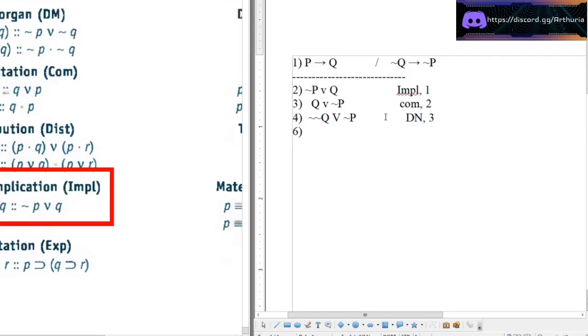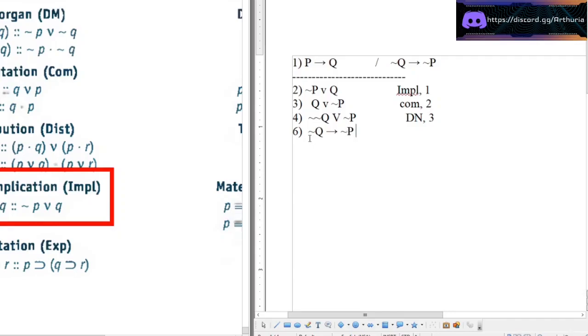Somebody? So look at the material implication rule. This turns into if not Q, then